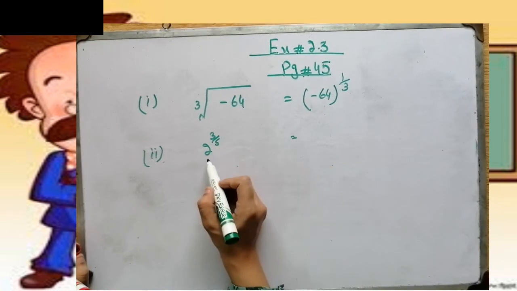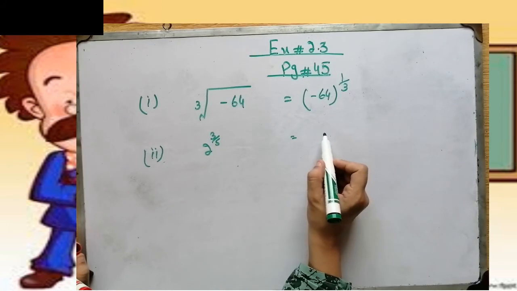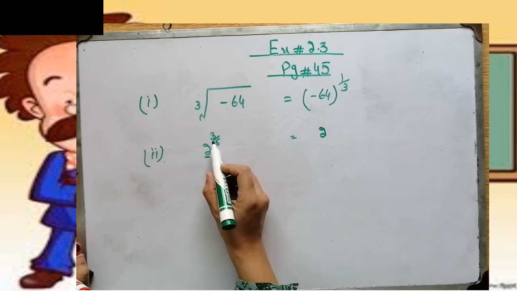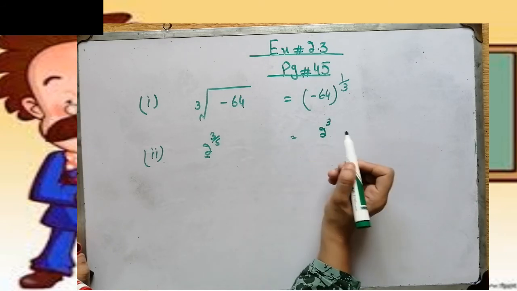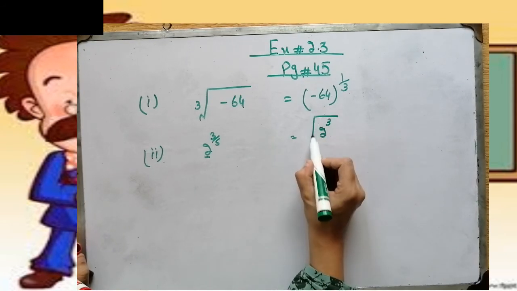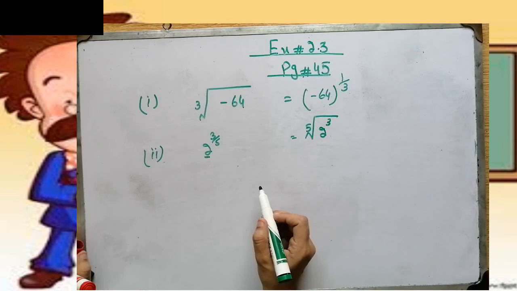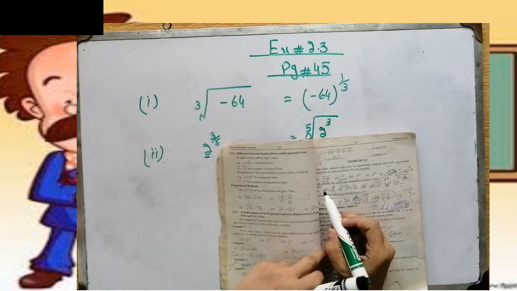This form is called the exponential notation, and how can we write it in radical form? So 2 is the base, first we write the base, and then the numerator will be written as the power, and the denominator 5 means this is the fifth root of 2 power cube. The rest of all the parts are your homework. Fine. Okay, now come to question number 2.